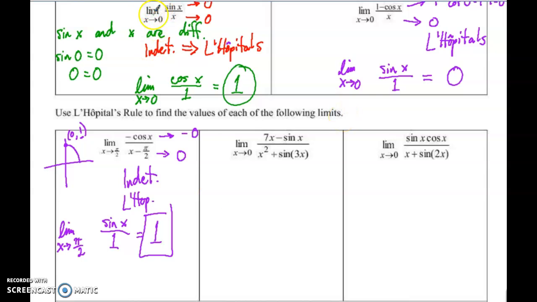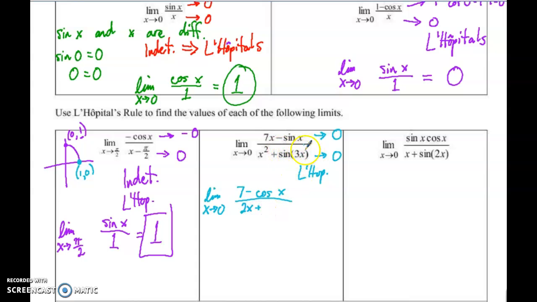So as we move forward, plugging in 0 here, 7 times 0 is 0, minus 0 is 0. Because remember, sine of 0, I'll just write it right here, is 0. And then down here, you also get 0. 0 squared, and then sine of 0 is still 0. So what do we have? 0 over 0, that's L'Hopital. And we take the derivative of the top and the bottom. So the limit as x approaches 0 of 7 minus cosine of x over 2x plus